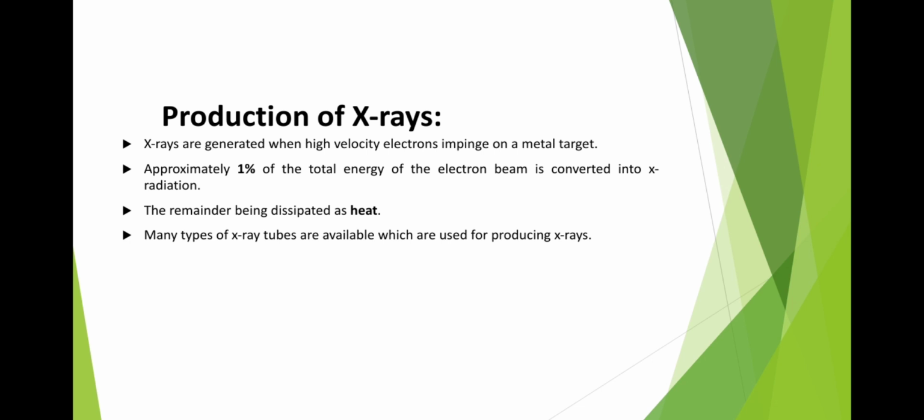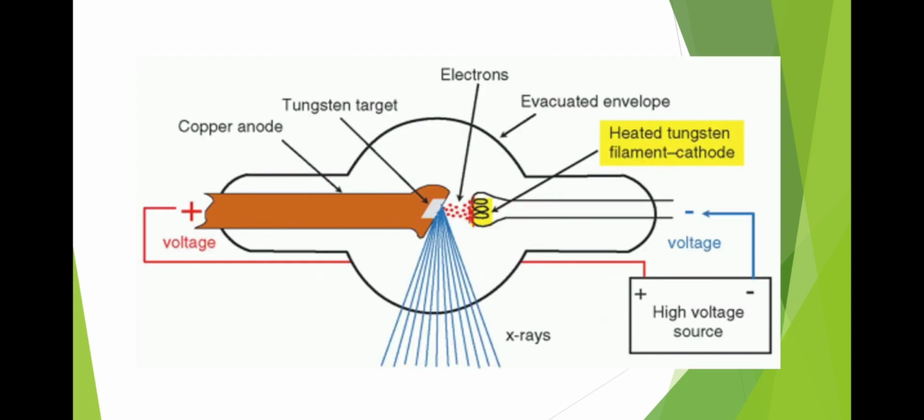X-rays are generated when high velocity electrons impinge on a metal target. Approximately 1% of the total energy of the electron beam is converted into X-radiation, that is, X-rays, the remainder being dissipated as heat. Many types of X-ray tubes are available for producing X-rays. In this picture, we can clearly see the production of X-rays along with the electrons from the tungsten filament or tungsten